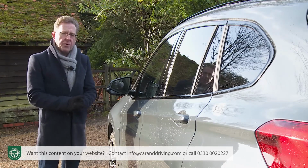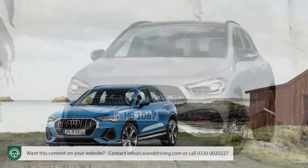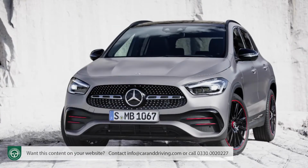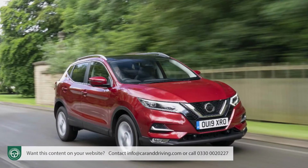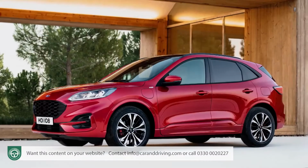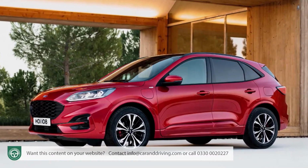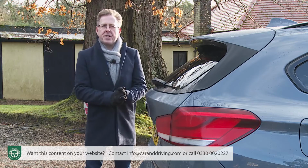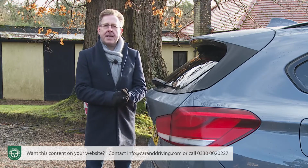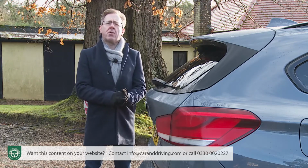Like its close rivals, the Audi Q3 and the Mercedes GLA, this is the kind of car BMW hopes you'll want if you need a crossover-sized car like a Nissan Qashqai, a Volkswagen Tiguan or a Ford Kuga, but would like it with a smarter badge. These days, this is an important niche for a premium maker, and to begin with, BMW rather struggled to credibly